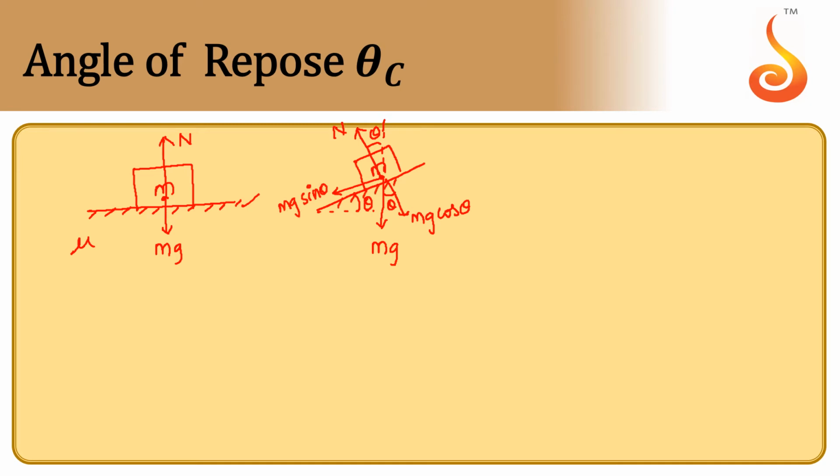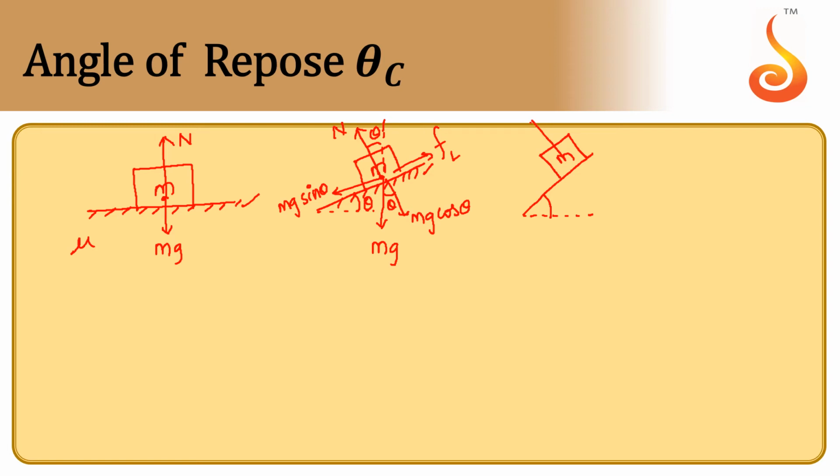Since it is a rough inclined plane, a counter frictional force will act. So what happens? The block will remain at rest. But if the angle of inclination of this inclined surface is increased, what happens? When the angle of inclination keeps on increasing, at a certain point the block will be about to move, right? So let us imagine a situation. If this is the angle of inclination at which the block is about to move or about to slide down,